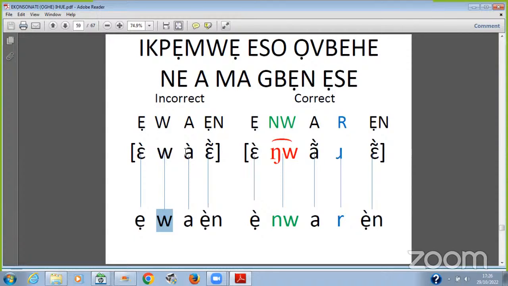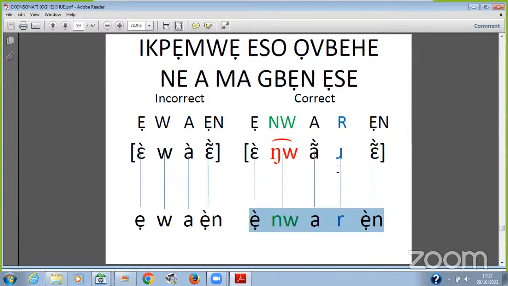Then the following sound is A, written with the letter A. And then the digraph E subdot N represents the sound E. So you can see why it is wrong to write it this way, because this E you have there has something to do with the sound you perceive when that word is pronounced. It is only when you write it correctly in this form that you have the normal pronunciation,